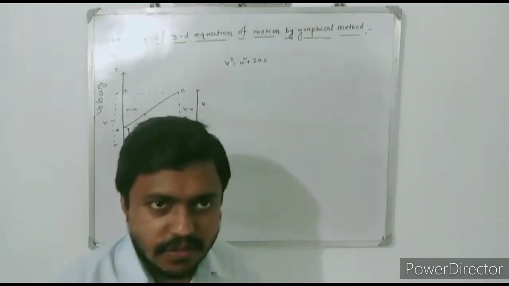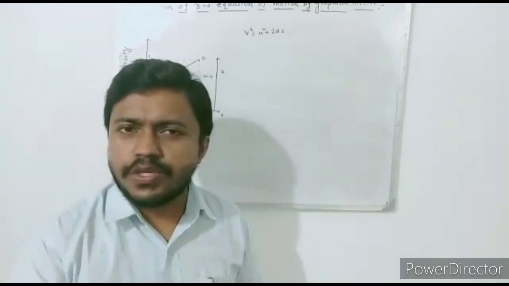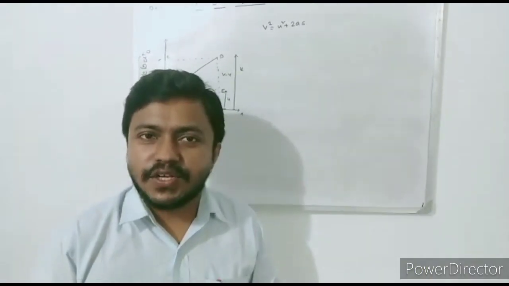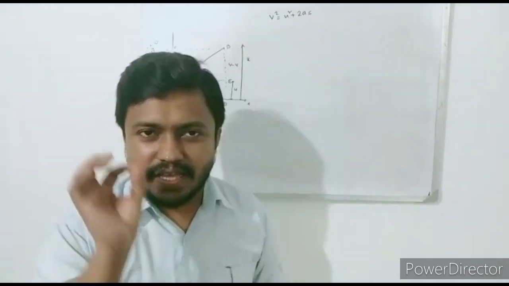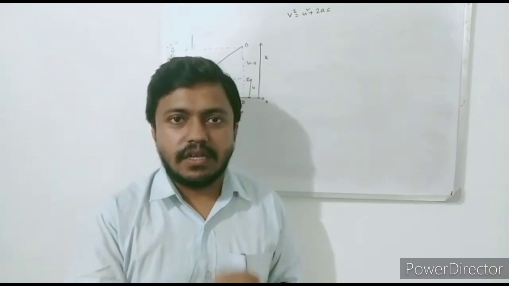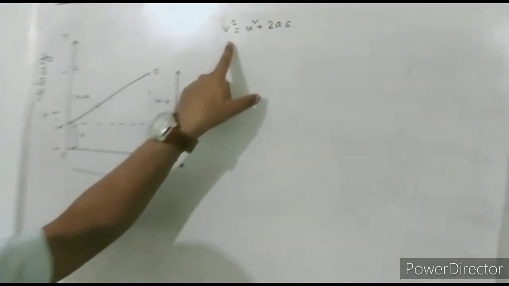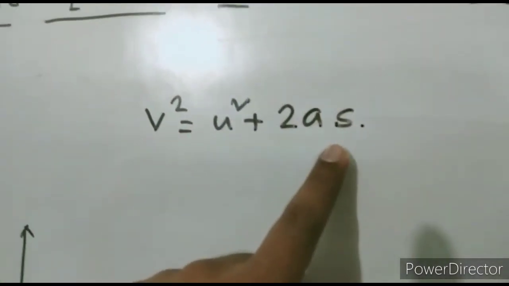Hello everyone. Today in this session we are going to derive the third equation of motion by graphical method. In my previous two lectures we have already derived the two equations of motion, that is v equal to u plus at and s equal to ut plus half at square, by graphical method. Now today I will derive the third equation of motion, that is v square equal to u square plus 2as